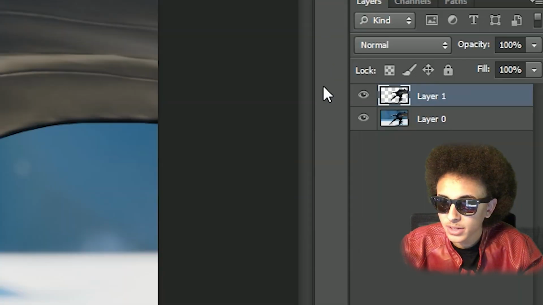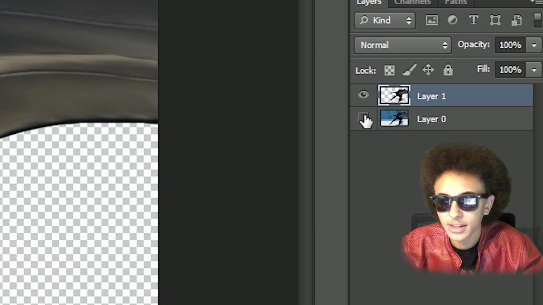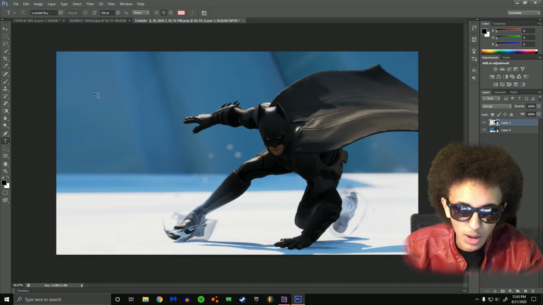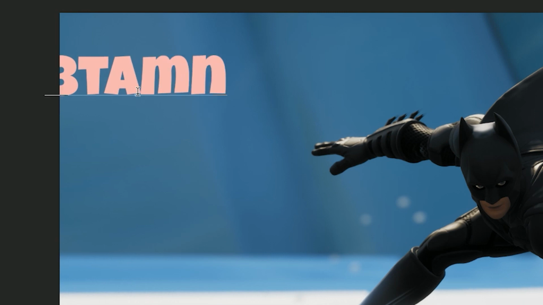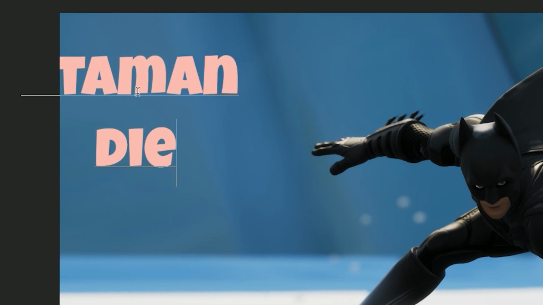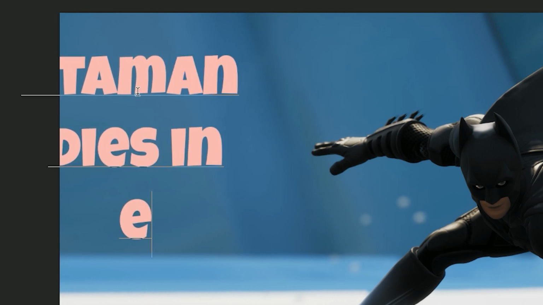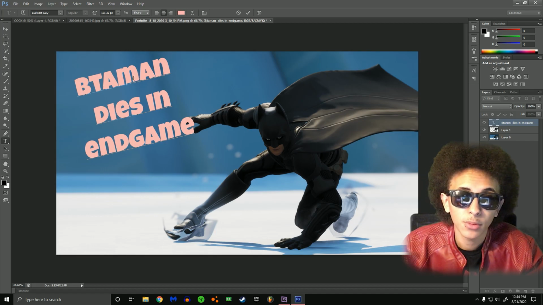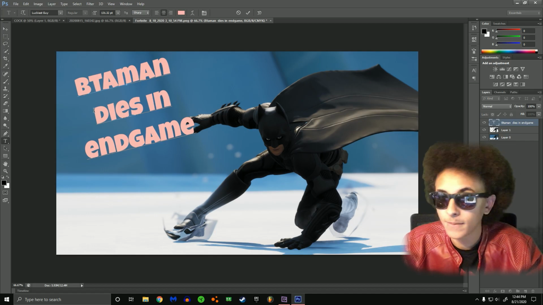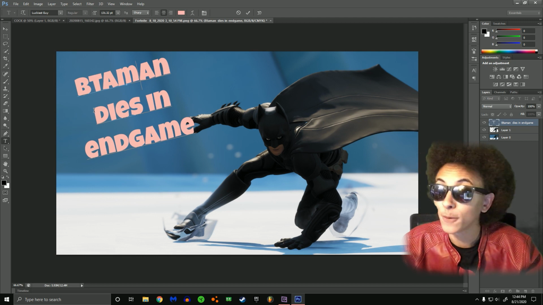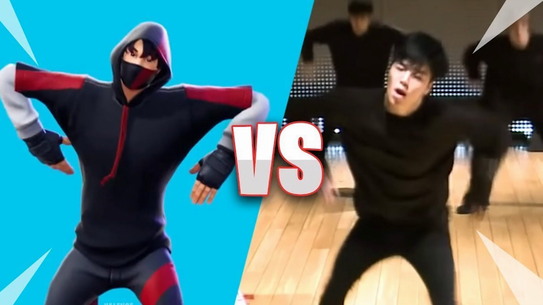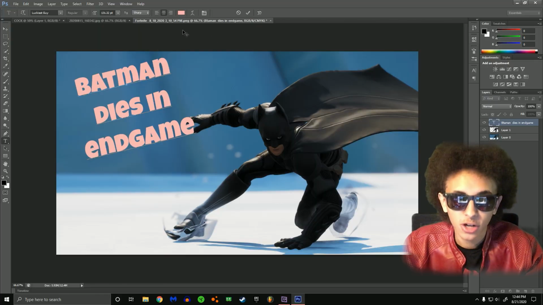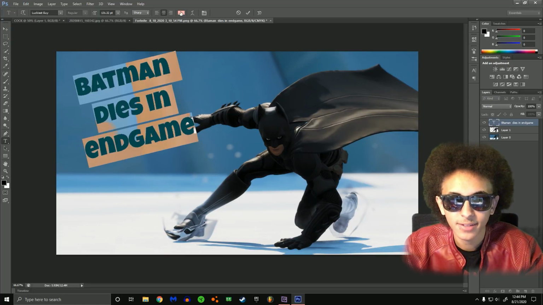I don't care. What you want to do is select your layer. It could be anything. It could be a text layer. I don't know why I wasn't doing text this entire time. With Photoshop, when you want to use text, obviously it's going to be T. If you want to change color, you just hit Control and then A to select everything,